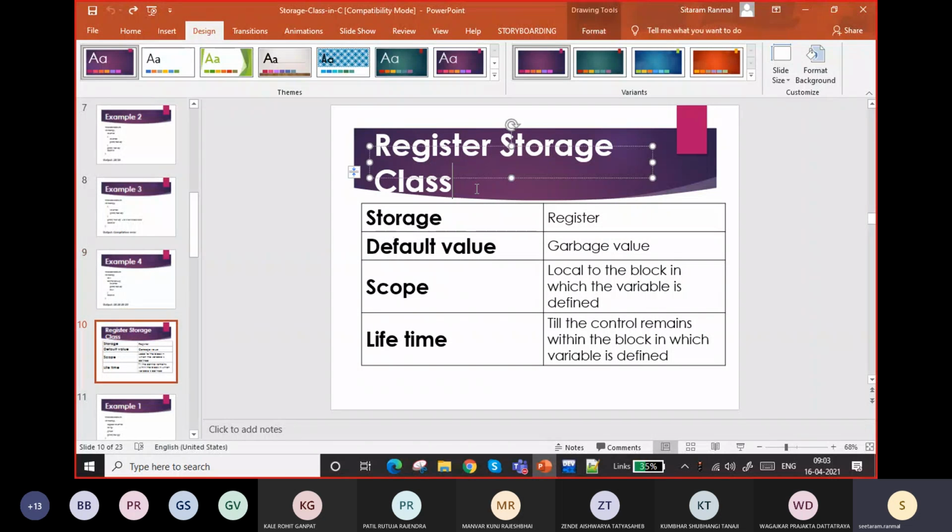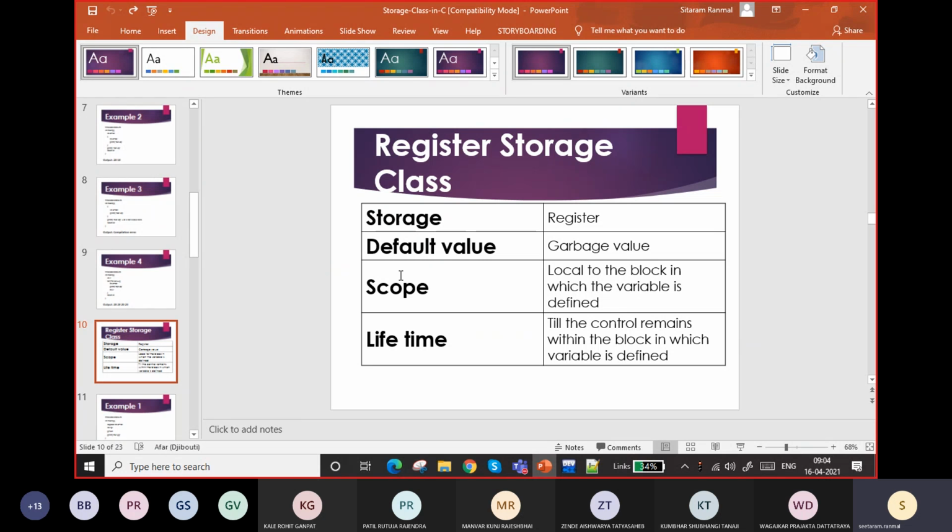Register. We cannot say that it is a memory allocation. It is stored in the registers. What is a register? There are on/off lights, and in them this variable will be stored in binary format. If it is 1, the light is on. If it is 0, the light is off. So if your computer is 64-bit, it will be stored in 64 lights in binary format.